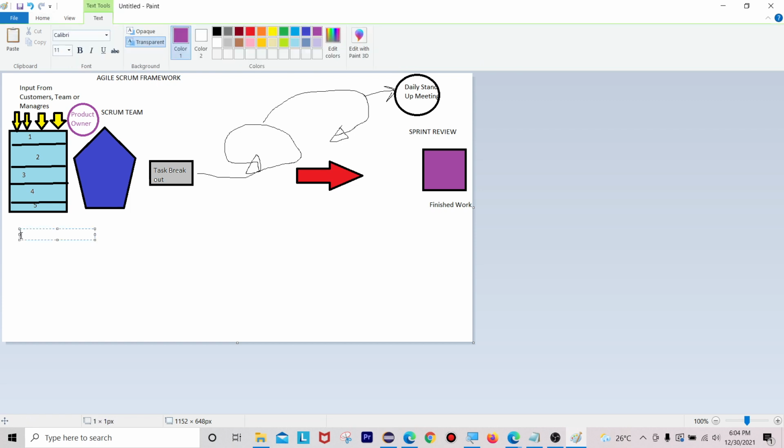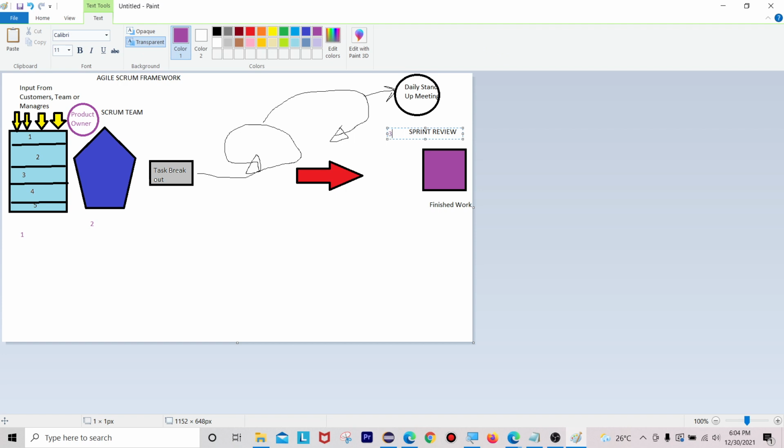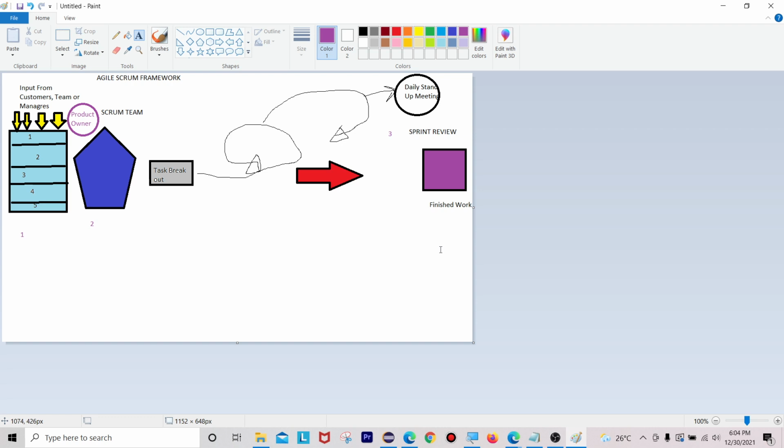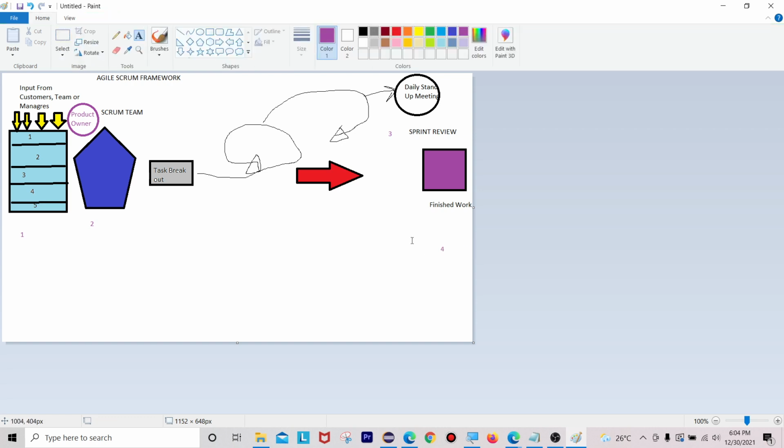I can number it: this is the first step, this is the second step, and the next one here is the third step, and this is the fourth step. So 1, 2, 3 and 4.